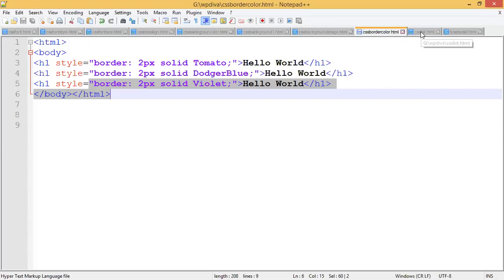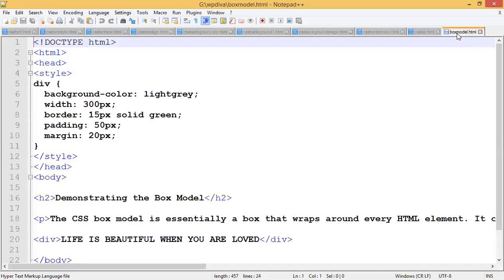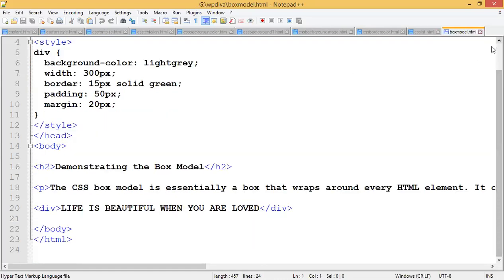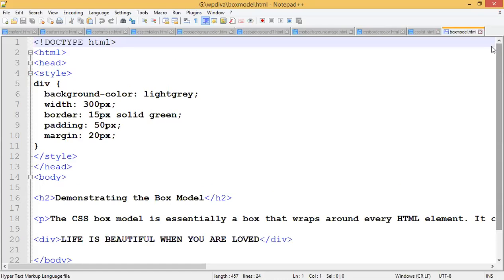Now let me go back to one more file. We will see if we can manage the time here. So guys, we will see one more topic, which is called the CSS box model. We are done with CSS background properties. We are seeing one new question here, the CSS box model, which will be asked for 5 marks.